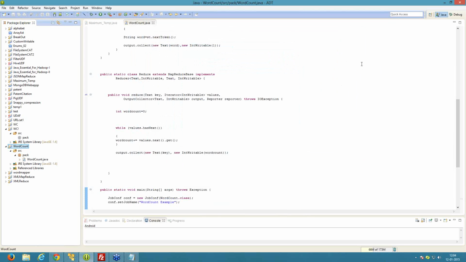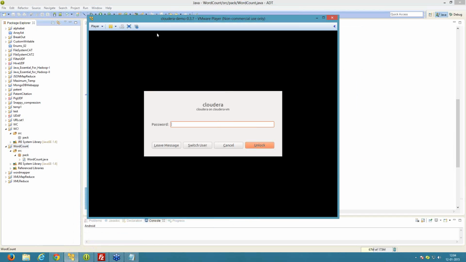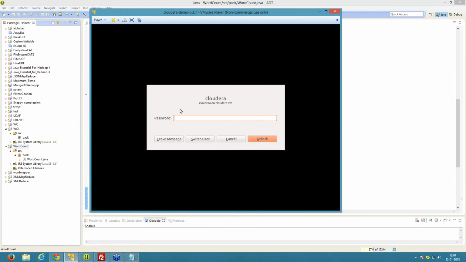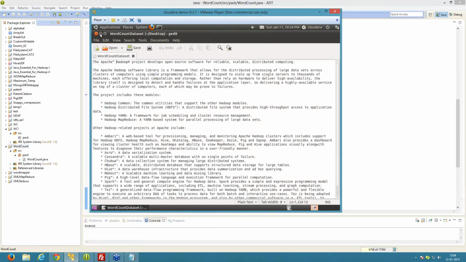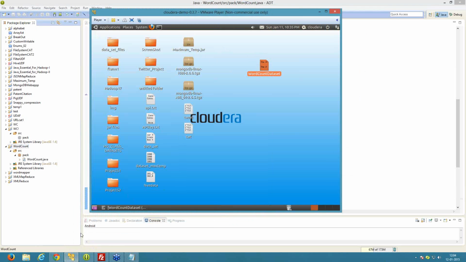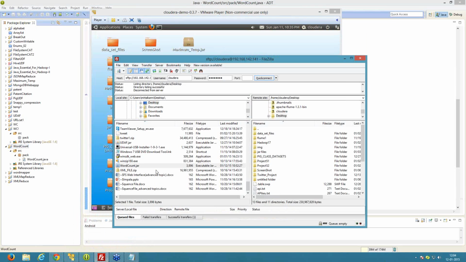The jar file is created and is stored in a desktop folder. We are using one of the distributions, that is Cloudera, CDS 3.7, for running a MapReduce job. Here we are using FileZilla for transferring. It is a software application used for transferring a file from one host to another host. In my case, we are transferring a file from a Windows system to CDS 3.7.